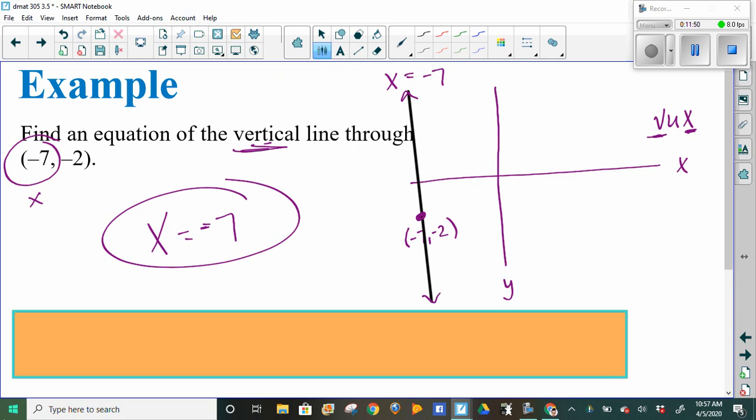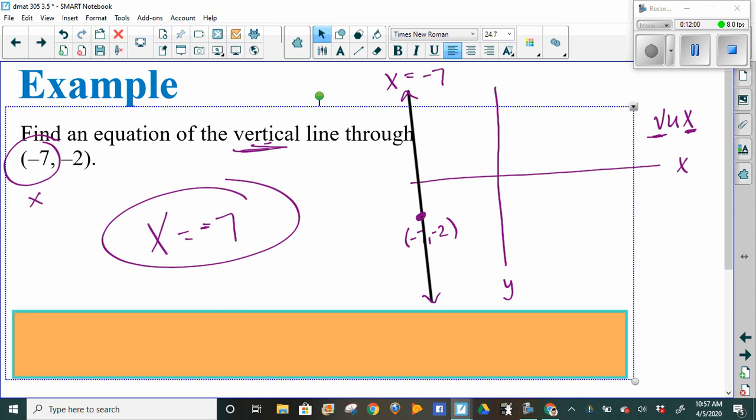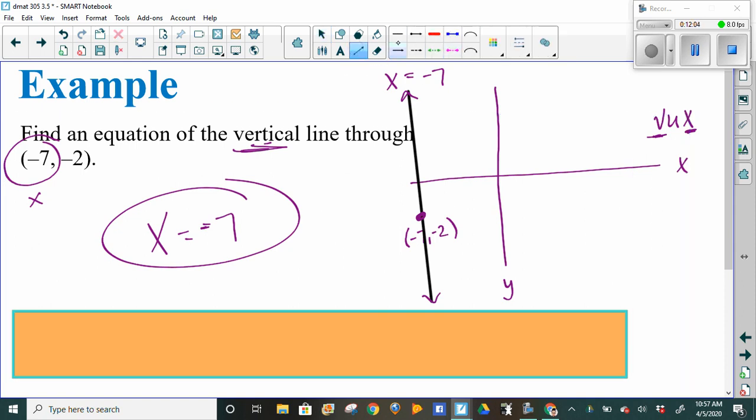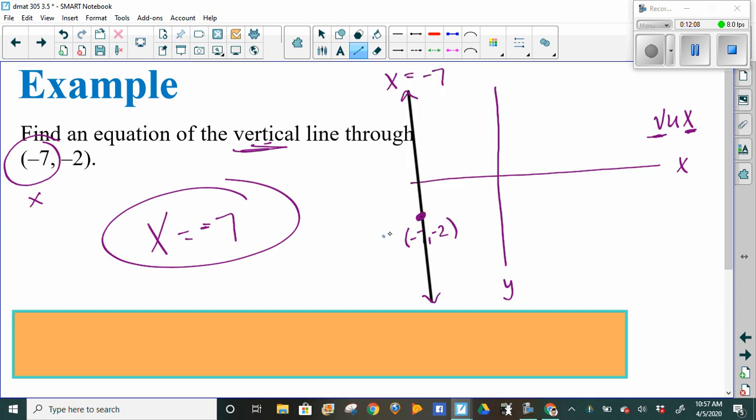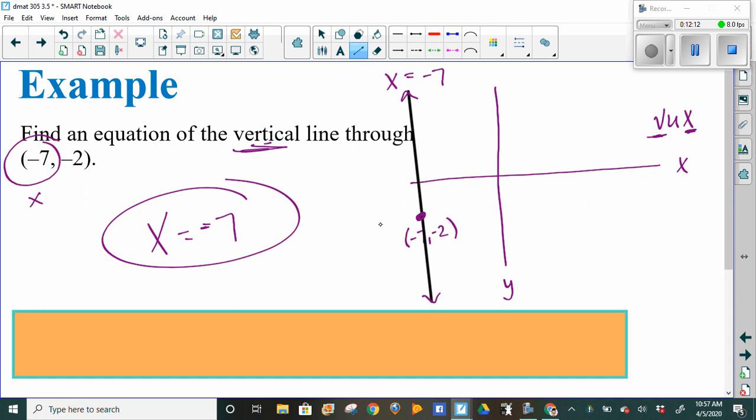So for example, if they wanted the horizontal line that went through here, so if I did a horizontal line through here, and now I'm going to change the color of this horizontal line. I don't know if yellow is a good choice. Probably not. So if I did a horizontal line, and this thing is super wonky today. So if I did a horizontal line through that point,